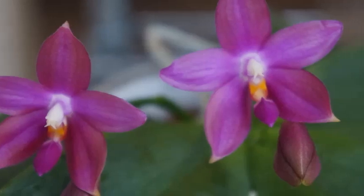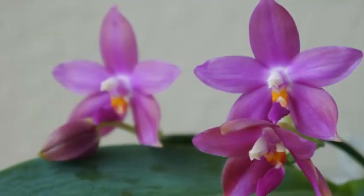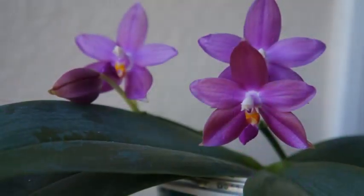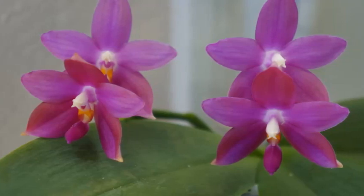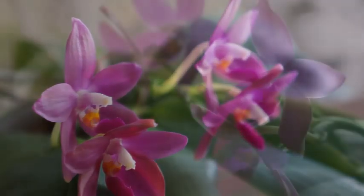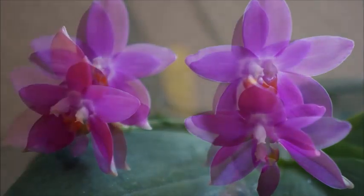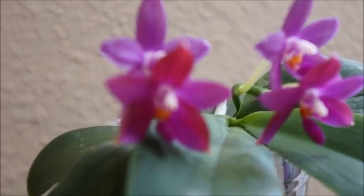Overall, this is a very rewarding orchid, even though it does not have the Tetraspis or Speciosa characteristics with random petal and sepal color distribution. When I first purchased this orchid, the photo shown had random colors, like white petals with purple or light purple colors, but this one just doesn't have it. These orchids are grown from seeds, so it's not possible to know how the flowers would look until they bloom, and not all the plants would have the same characteristics because they are grown from seeds, not merely clones. So this orchid is super fragrant,